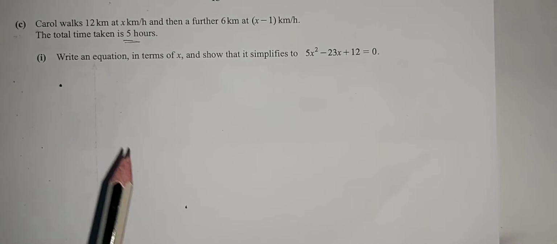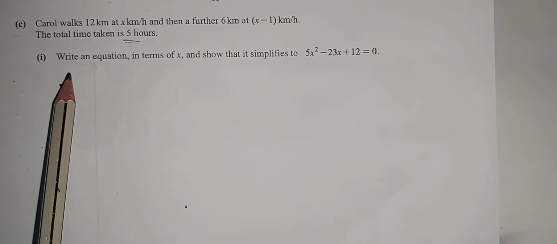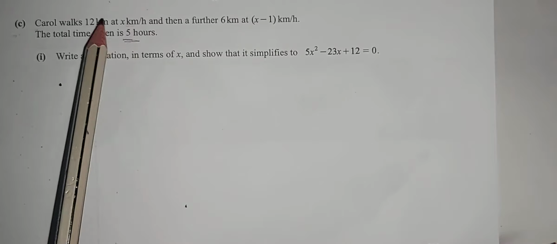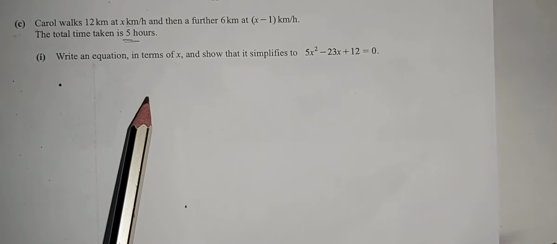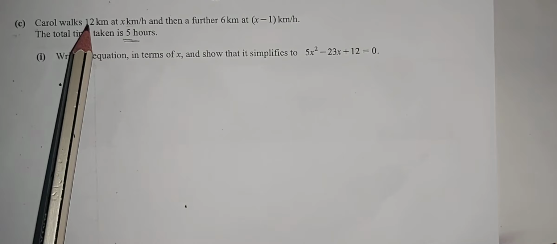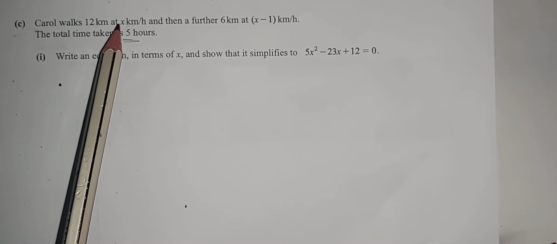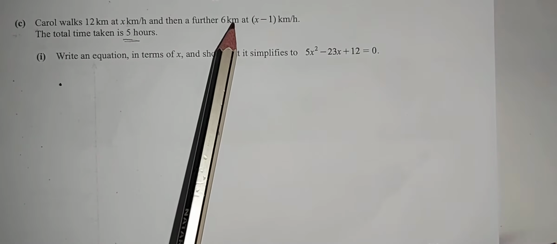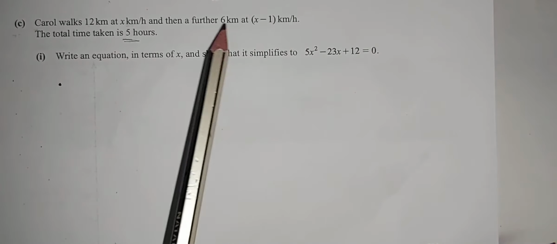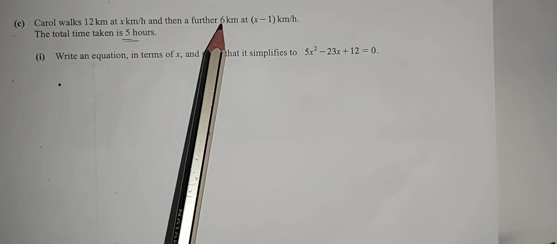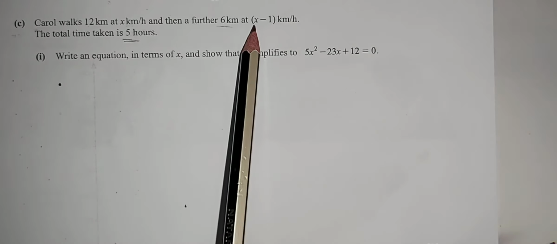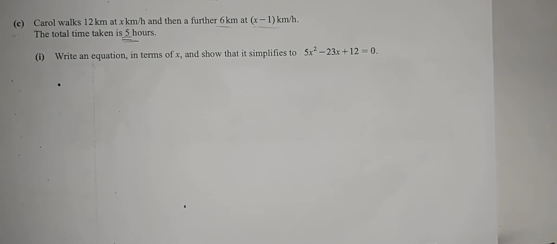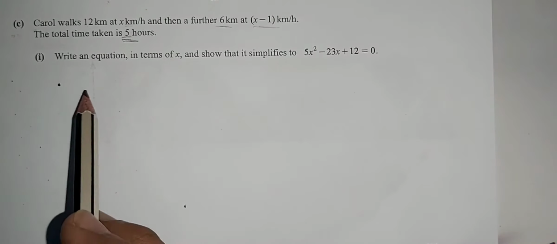We know how to find the time if we are given the distance and the speed, because time equals distance over speed. So the first time, t1, equals 12 over x, and the time in the second stage, where the distance is 6, equals distance over speed, 6 over x minus 1. The total of the 2 times equals 5 hours. So we can write this equation like that: